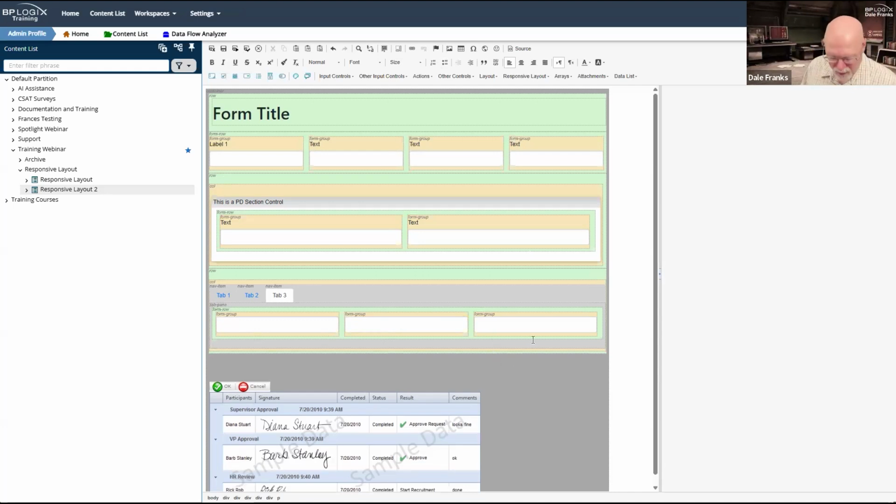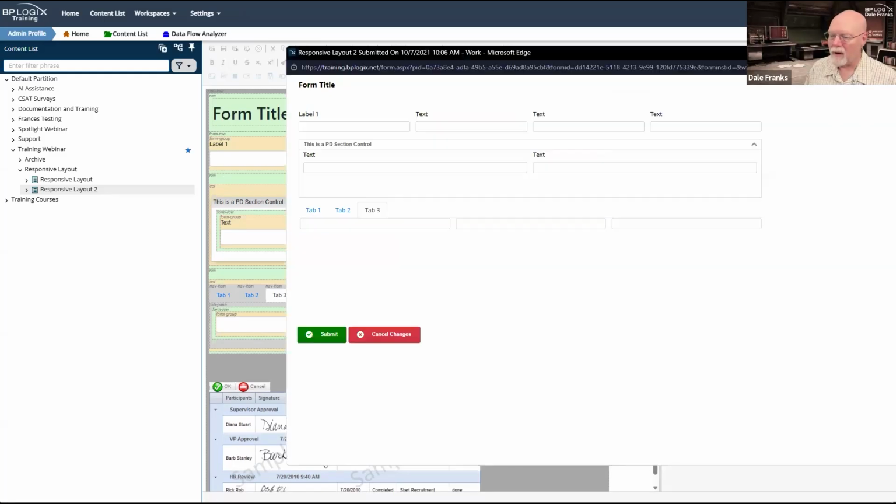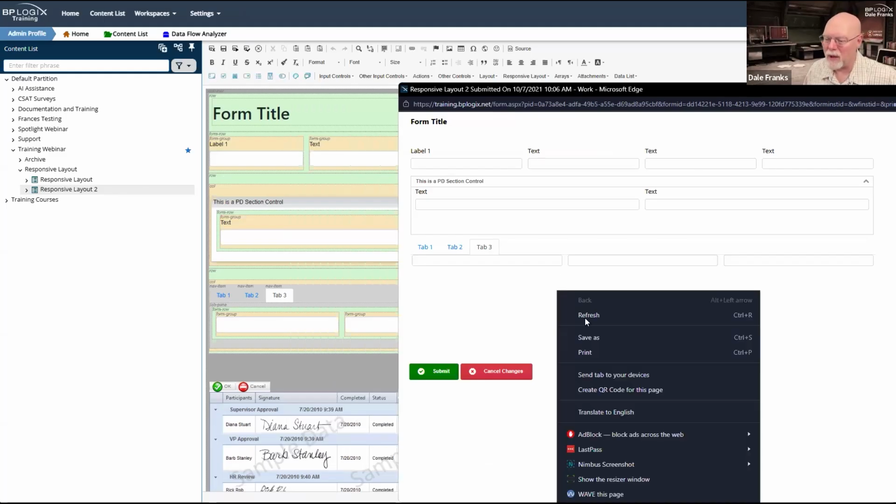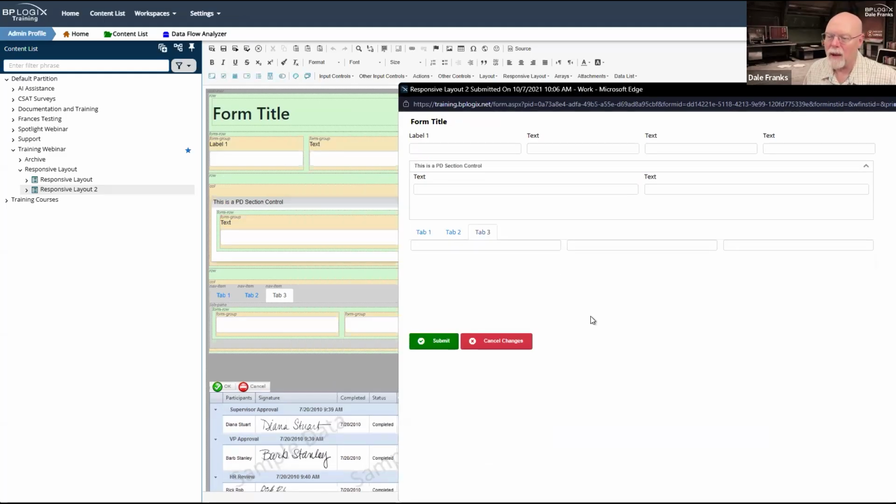Because what we want to do here, let's save our container and let's see how much vertical space we saved when we reload or refresh our form. Okay, there we go. Much better, much more compact. I've gotten rid of those extra spaces. In fact, in some places, I might want those extra spaces, like right here with these tab controls.